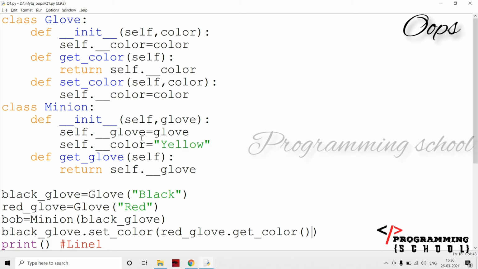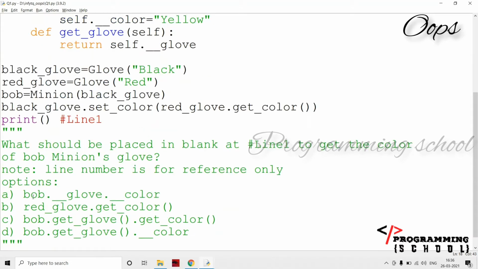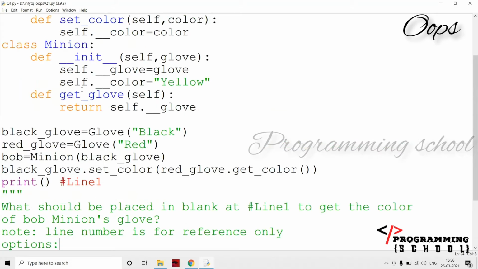Okay, now in the next line, what do I have to write to print Bob Minion's glove color? Going for the first option, here I'm going to write a private variable. That is not possible, right? I cannot write a private variable outside the class. Yes, underscore glove is a private variable for the Minion class.